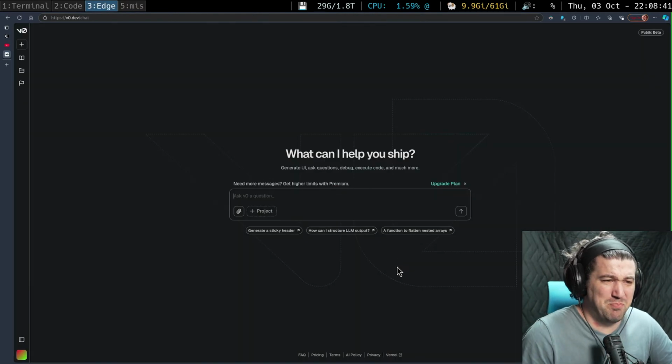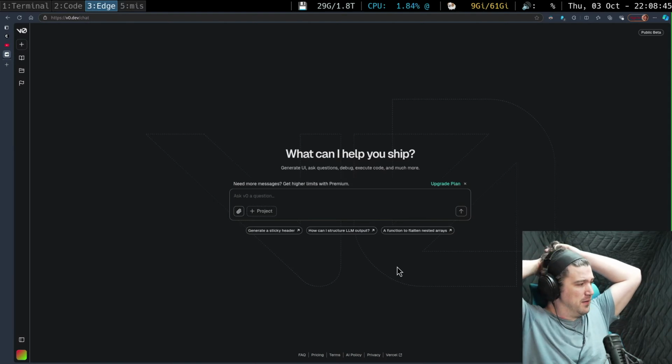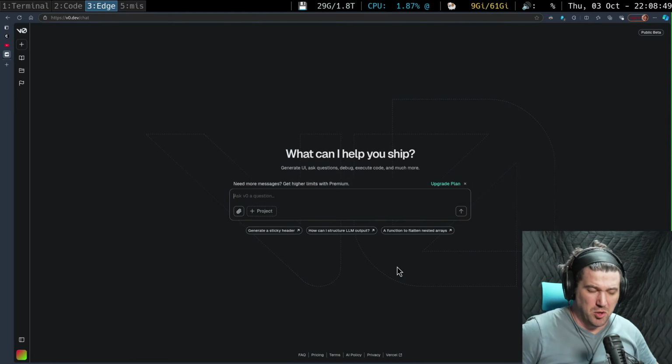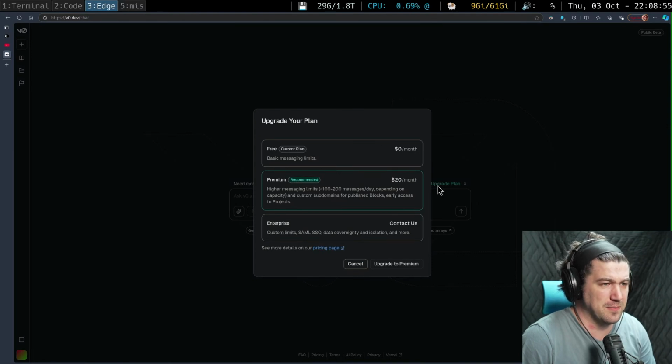So they're trying to be a little bit more general purpose, not just a UI. Ooh, did they fix their plans?